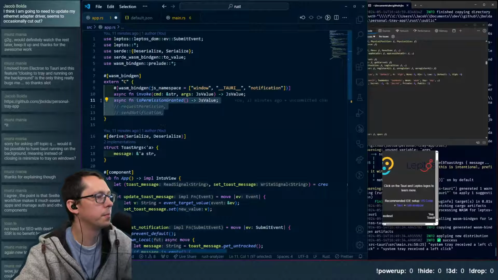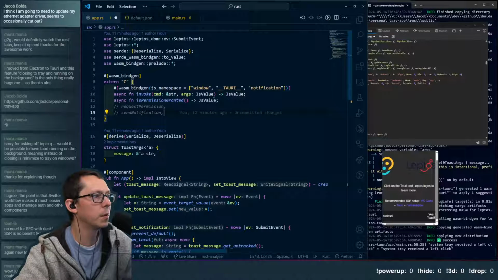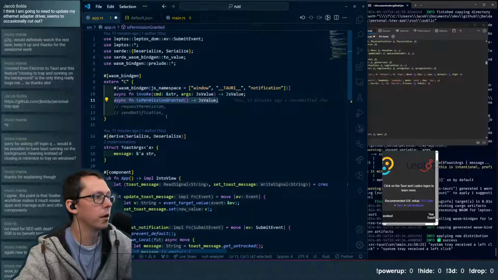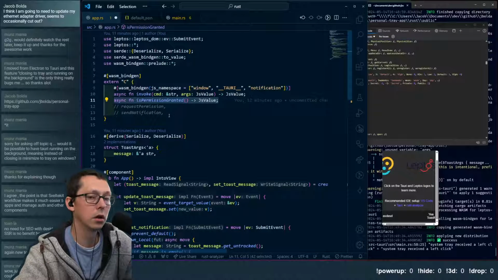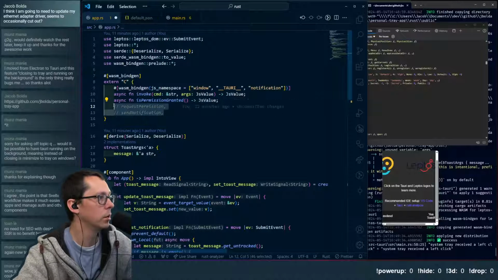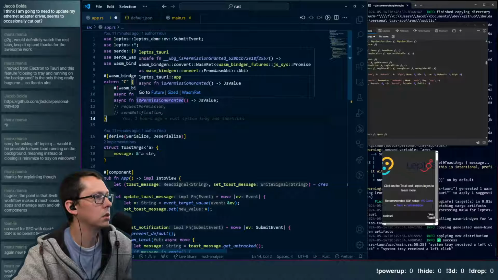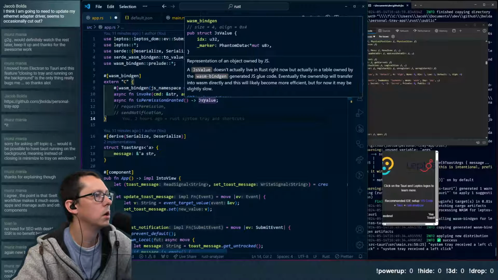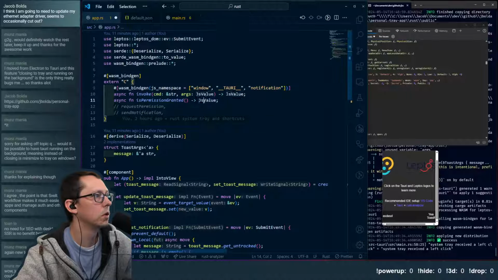Let's see if we can get this bit wired up. I think this is what we want. I think we want to bind to the window notification and invoke these commands directly, because I don't think it makes sense for us to rewire that all ourselves if it's already available. We just want to hook into it. Now the is permission granted is going to return a value. Now the question is